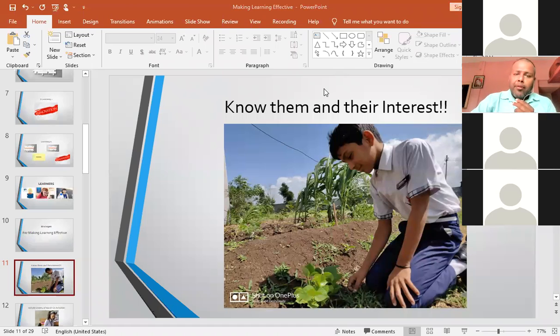When you think of a class, that is a group of children, it is very important to know about their interest also. Many a time we design our content in a pretty interesting manner. We try our best to deliver it. We get the outputs, but before that I feel it is very important to know the interest of children. Many of them might have interest in singing, many in dancing, art. There are various fields where children may have their interest. So it is very important to know their interest.